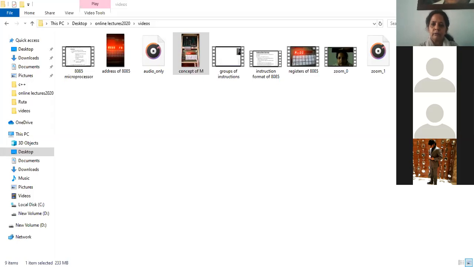So for example, if I want to see the contents of 7000, then the contents of 7000 are, in this case, 0E. Now when this address is in the HL pair, that is H has 70, L has 00, the contents of HL will be 7000, and the contents of that address.